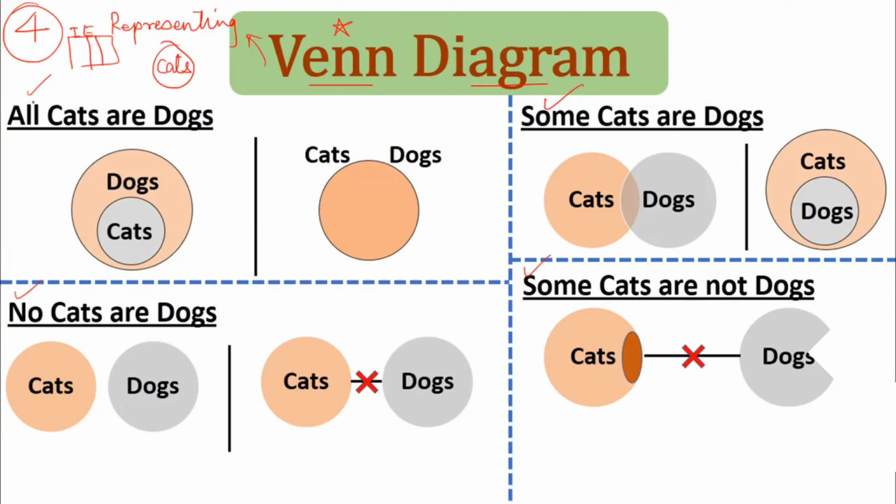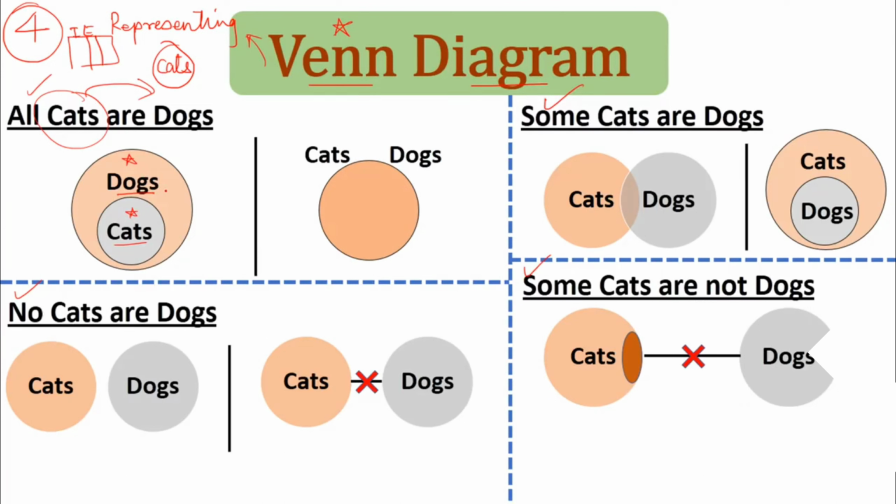The sentence will be of this format: all cats are dogs. Whenever we write that, what does it mean? All the cats in the world are nothing but dogs. So we draw a circle of cats. This is the circle of cats in blue, and we draw another, bigger circle, which encloses these cats. The pink, orange, whatever circle, is for dogs. All the cats are coming inside the dogs. They are part of dogs. So these cats are dogs. All the cats are dogs.